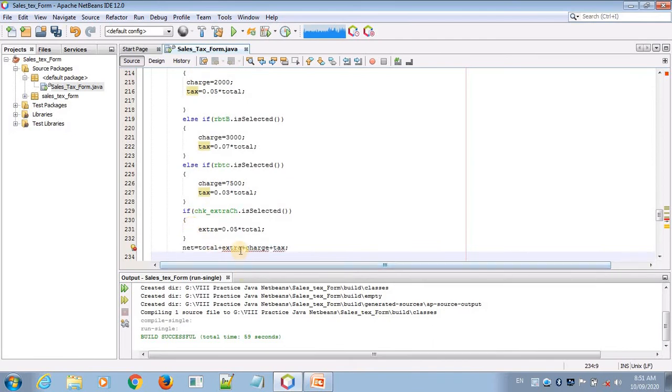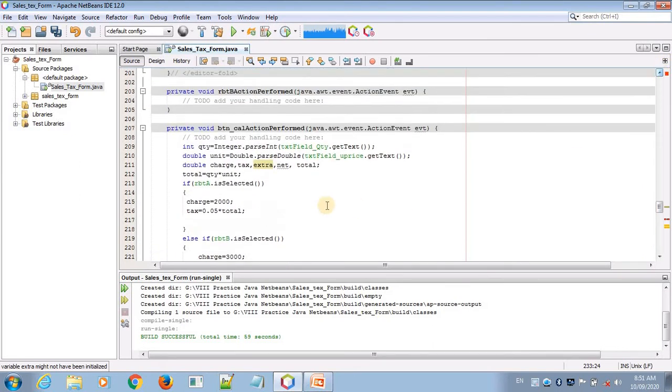I think the variables are not given here. First, we have to take a variable initialized to 0. I hope the total is also equal to 0.